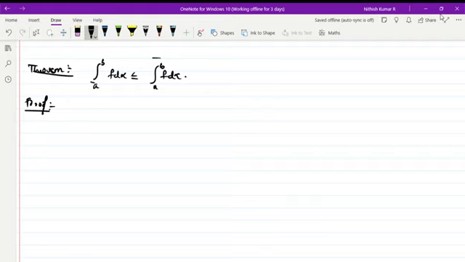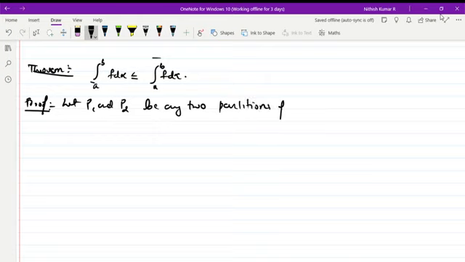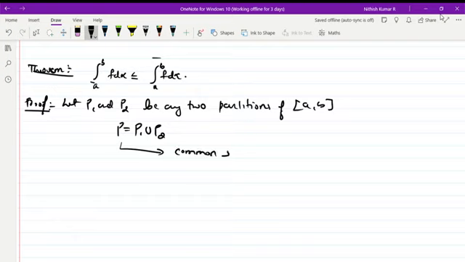So let P1 and P2 be any two partitions of the closed interval [a, b], and let P be equal to P1 union P2. Then P is nothing but the common refinement of P1 and P2. You know what is a refinement? Then